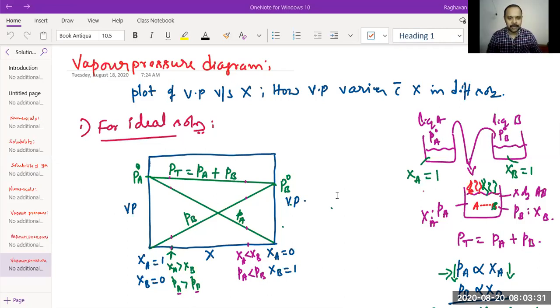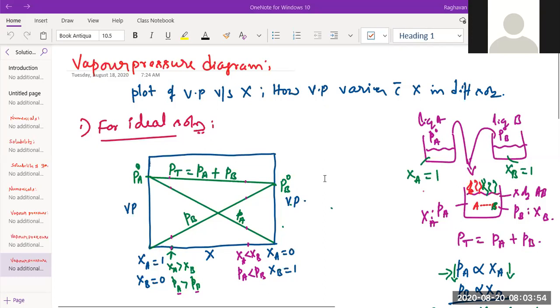Now we'll get back to the lesson. We had the concept of vapor pressure and how vapor pressure will decide the boiling point. Vapor pressure is inversely proportional to boiling point. Volatile liquids will have high vapor pressure and low boiling point. Non-volatile liquids will have low vapor pressure and high boiling point. And then we had Raoult's law. Based on Raoult's law, we classified solutions into ideal and non-ideal. Under non-ideal, again, it was positive and negatively deviating solutions, correct?